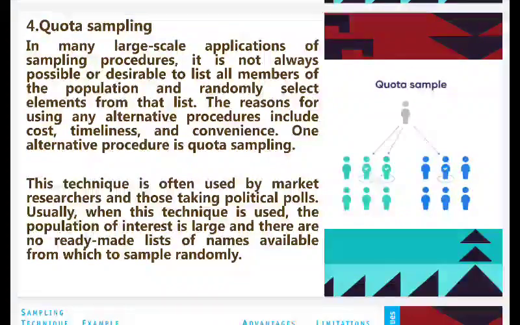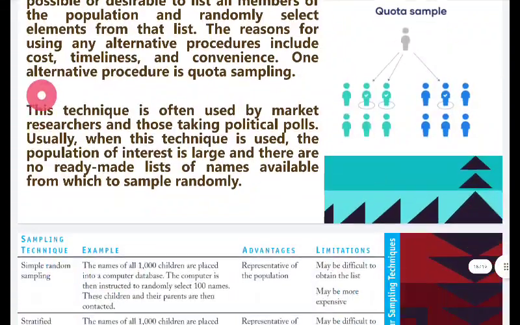Okay, so, tapos na yung election. So, parang ito po yung ginagamit eh. So, meron silang quota na ito lang yung kukunin namin number and ganito, ganyan. Usually, when this technique is used, the population of interest is large and there is no ready-made list of names available from which to sample randomly. Okay, so,